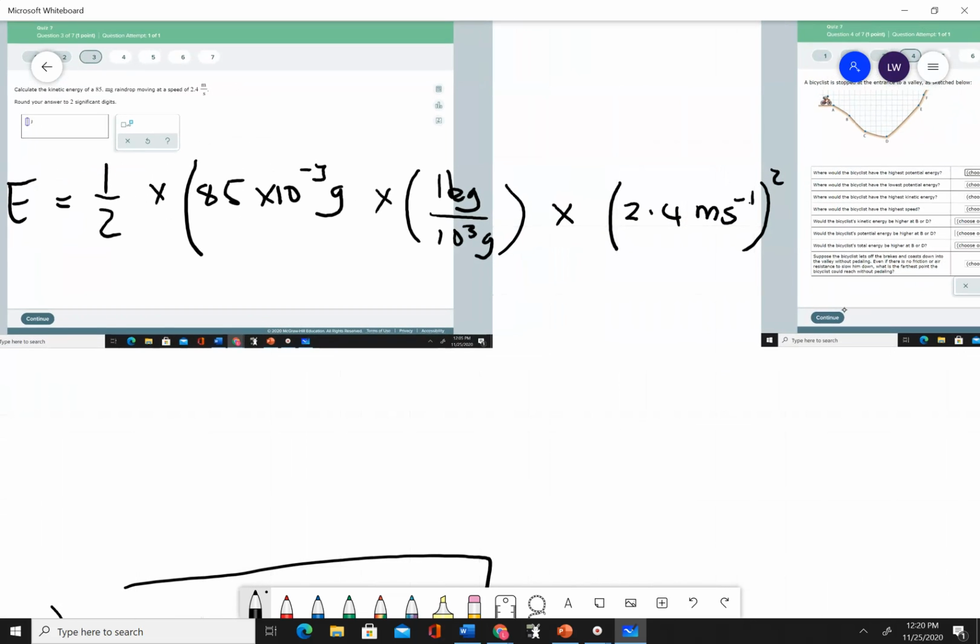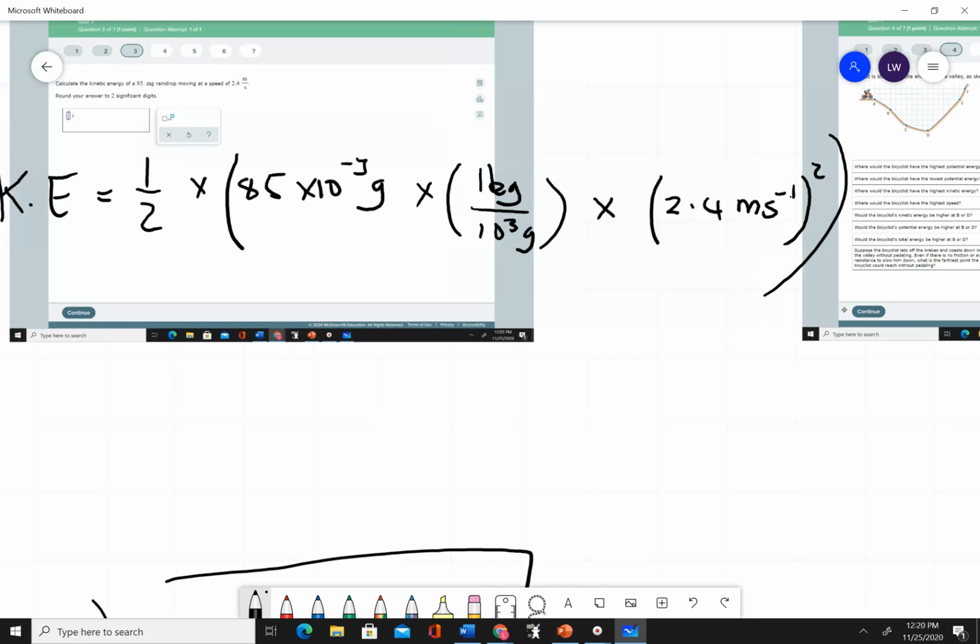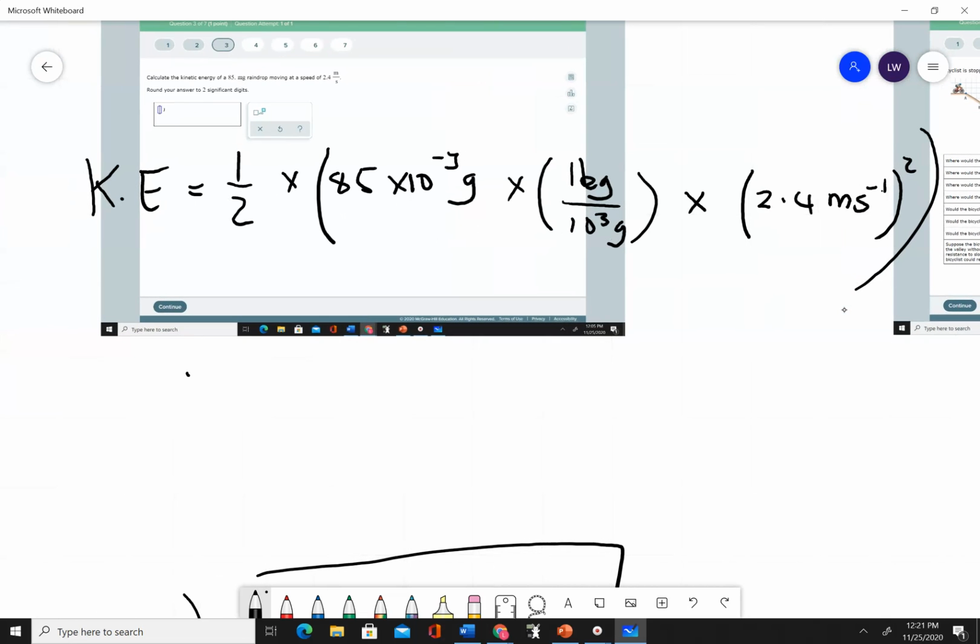So there we are, 1/2 times mv squared. When we do that, we'll get our answer, and I just want to cancel out units. That's going to give me kilograms. Yep, there we go. So 0.5 times, parentheses, 85 by 10 to the minus 3, that's our 85 milligrams, times 1 on 1 by 10 to the 3. And then we're going to times that by